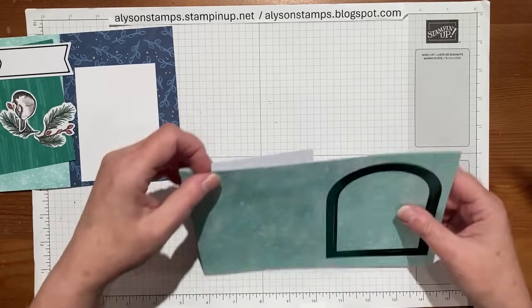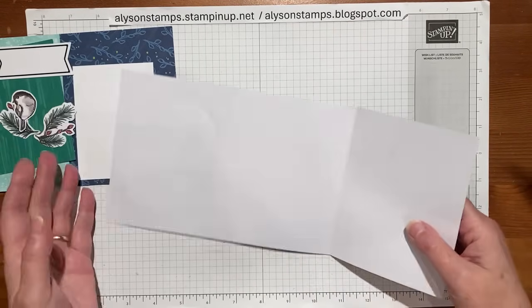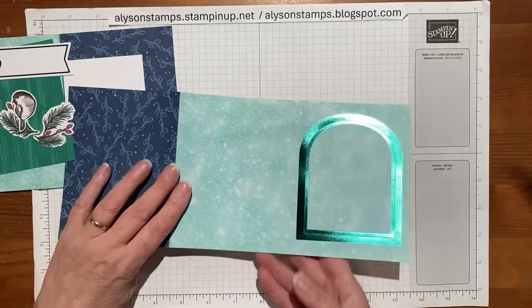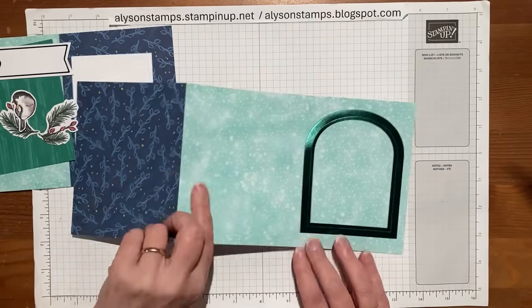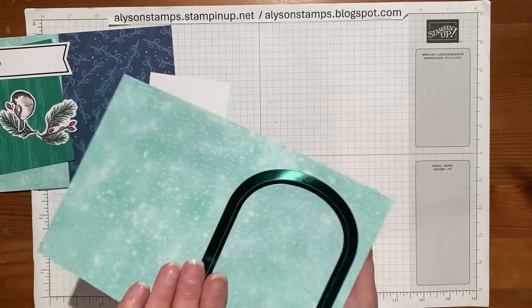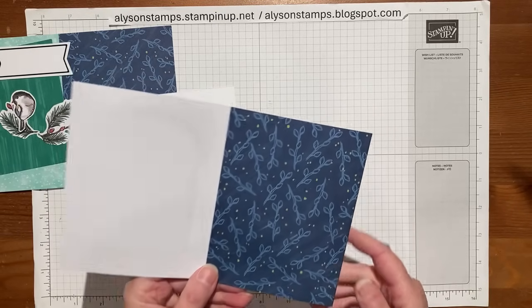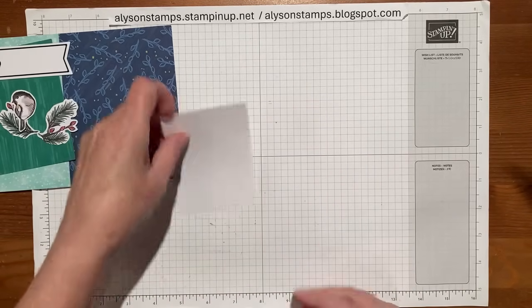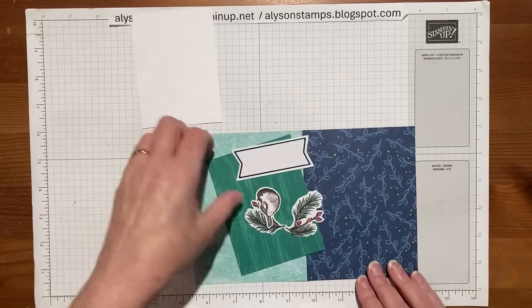So this is one of the card bases. It would fold, this part would fold over. I don't actually want to crease it because sometimes when you cut them apart, it's easier to do it if it hasn't been folded. But you get the idea. This piece folds in and then this piece folds over the front. So it's a tri-fold card. However, mine are not tri-folds. They're sometimes two folds and sometimes they're one folds. So this was what I got